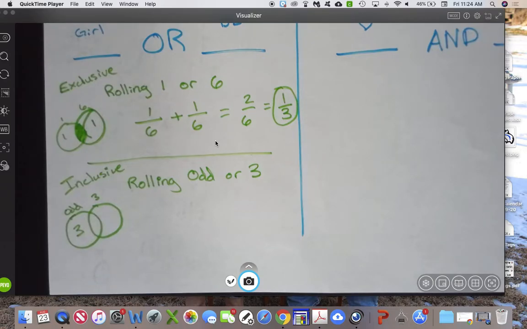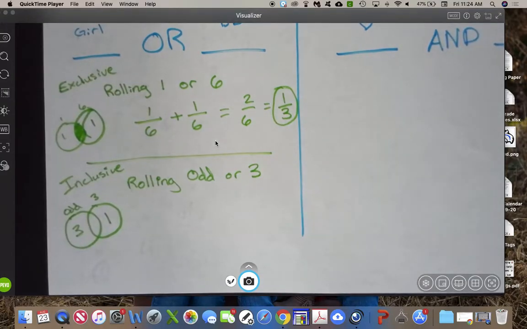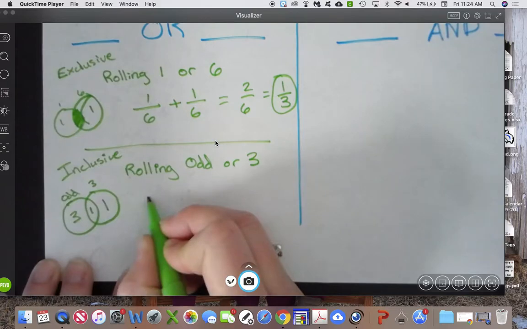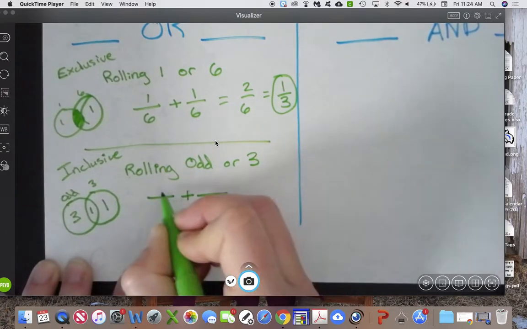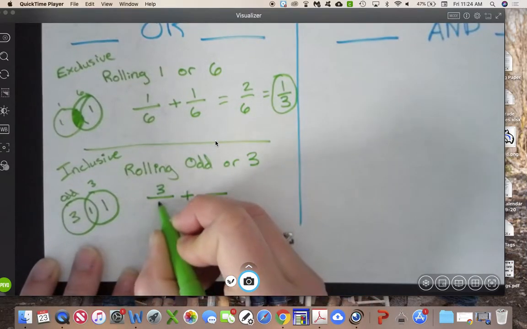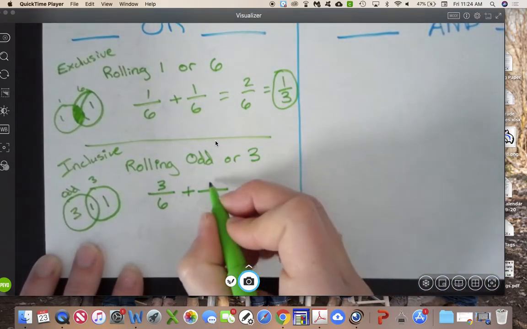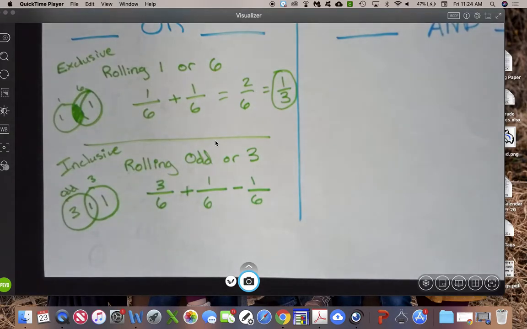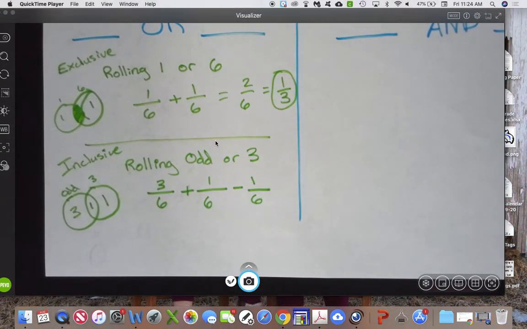How many numbers are 3s on a dice? There's only one side that's a 3. And how many live in both? One lives in both, right? Okay. So my chances of rolling an odd are 3/6. My chances of rolling a 3 is 1 out of 6. But that 3 is counted in both categories, so I have to subtract that 1 that's in the middle, right? Okay, and so that would be